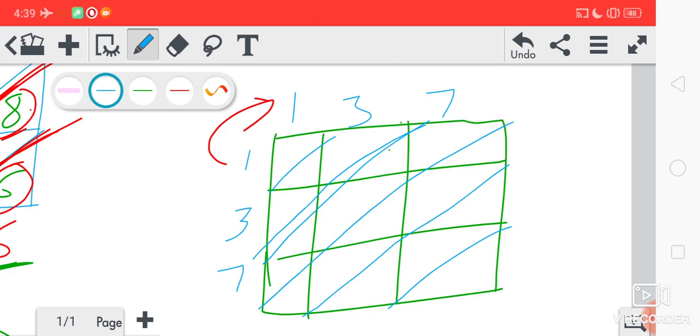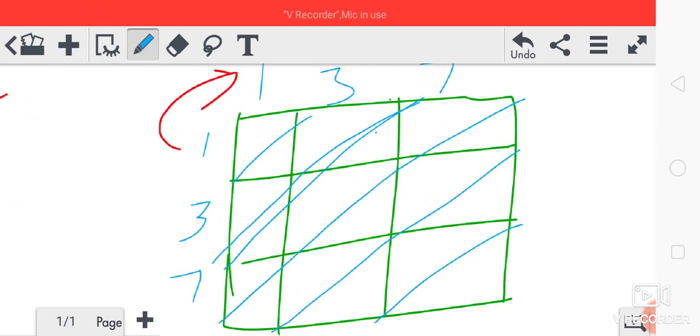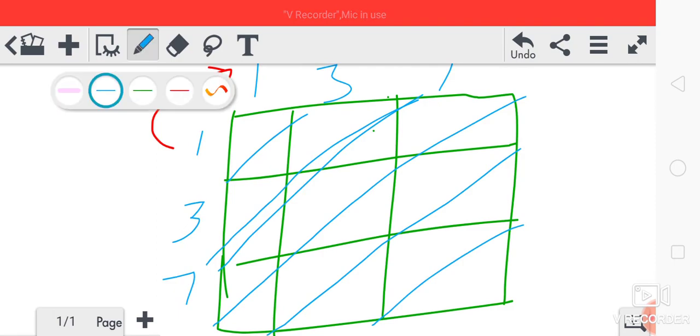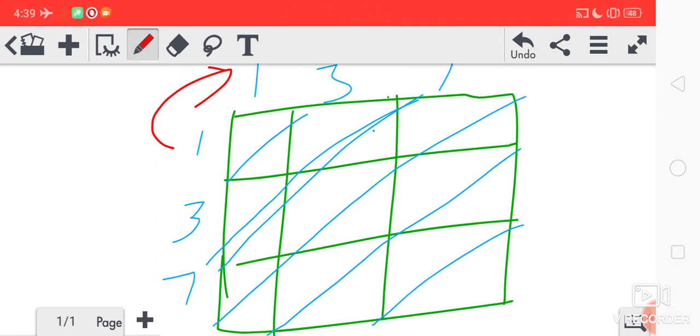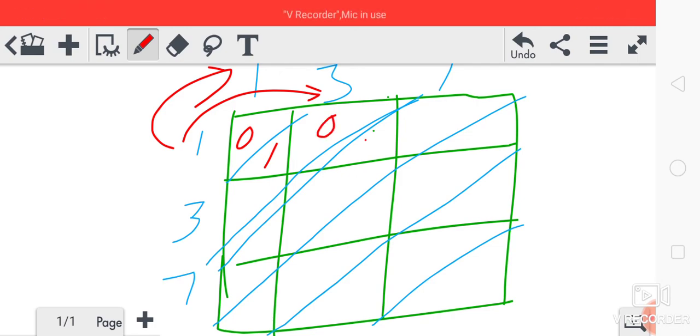Now what you'll do: 1 into 1 is 1, so you'll write 0 1. Again this 1 into 3 is 3, so 0 3. Then 1 into 1, again 1 into 1, you'll write 0 1.